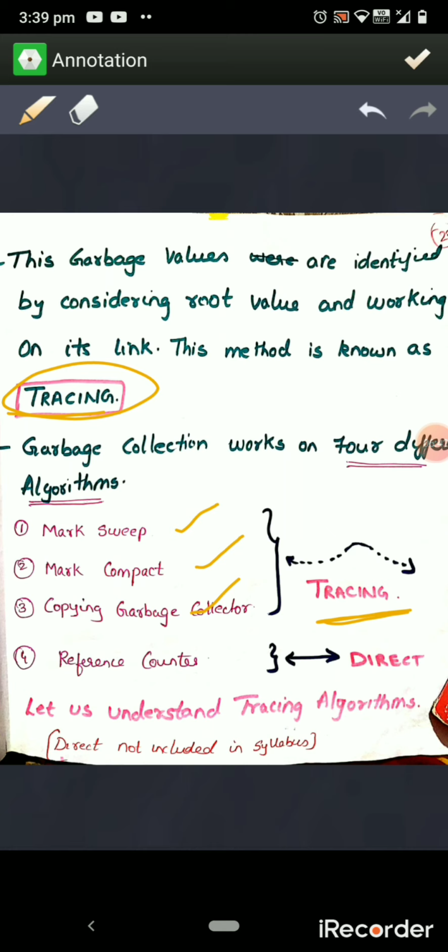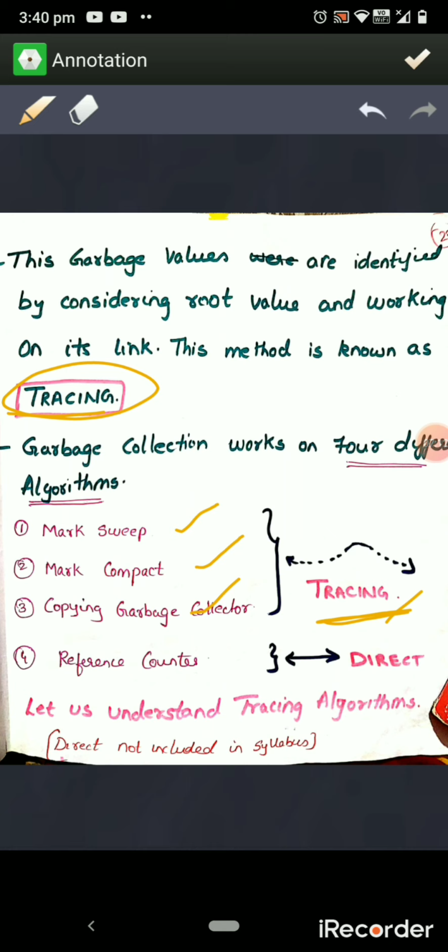They identify the garbage by following the links between objects and seeing which object has no link to the root. If there is any memory space which is not linked with the root, then it is said to be garbage. This technique is known as the tracing technique.